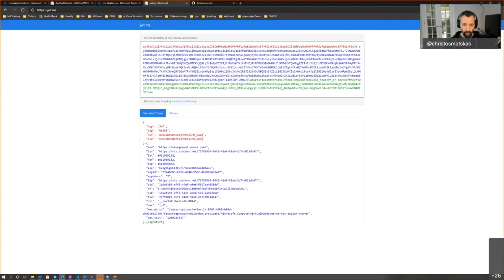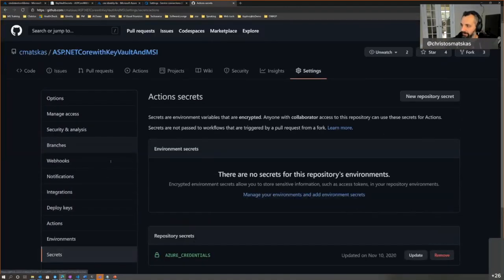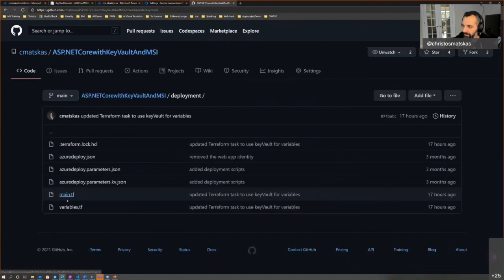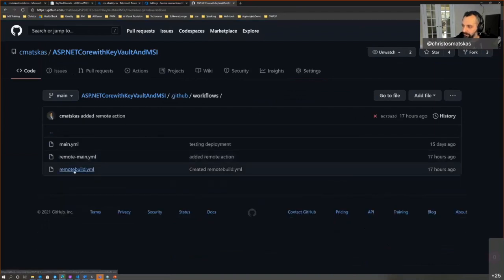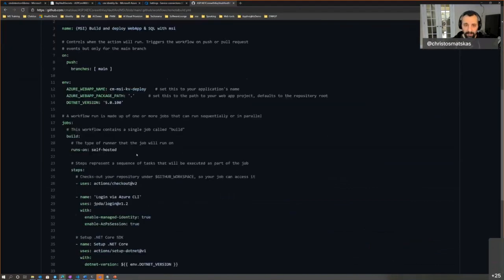So I also have a job that is pointing to that remotely. So if I go back into my GitHub, is this the one I came from? No, GitHub, here. So here I have, back in my code, and I know we're almost out of time. Inside my deployment, oh no, sorry, it's one level up. It's in my workflows. I have a remote workflow. I think it's this one. And in here, what I'm saying is, rather than using the hosted one, I want to use a self-hosted service that runs on my Linux VM.